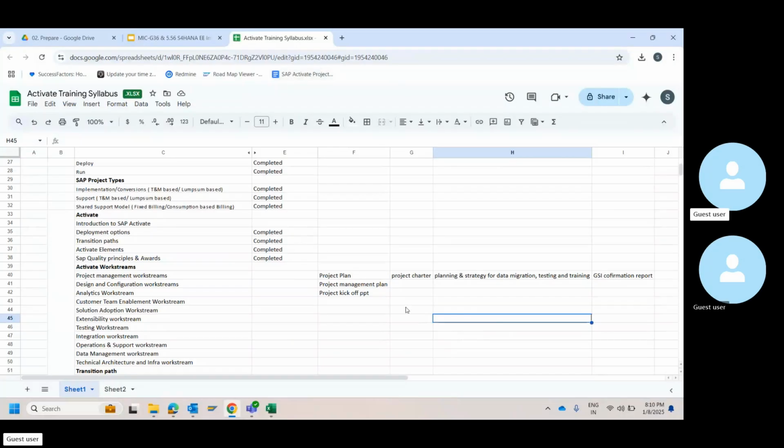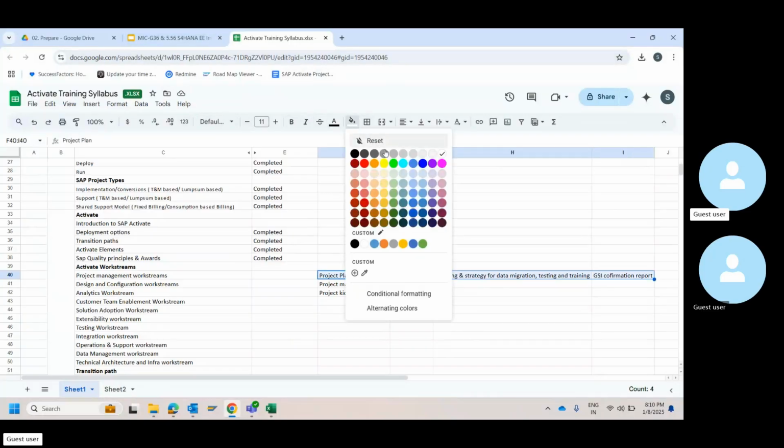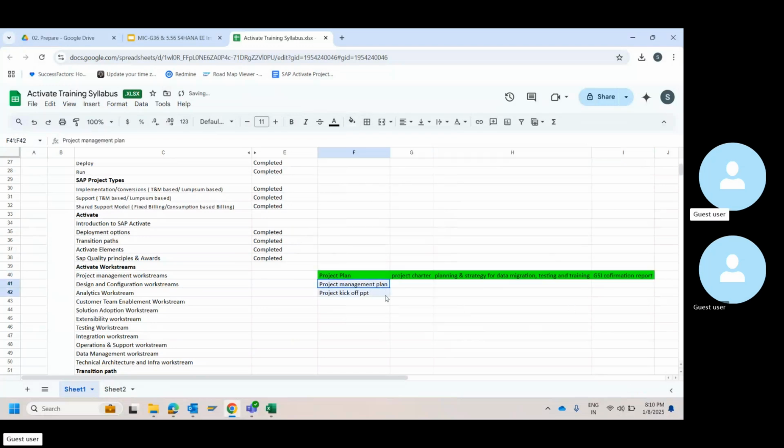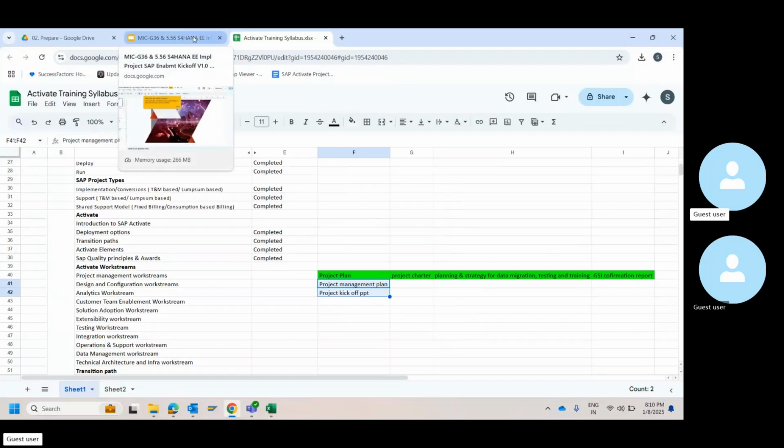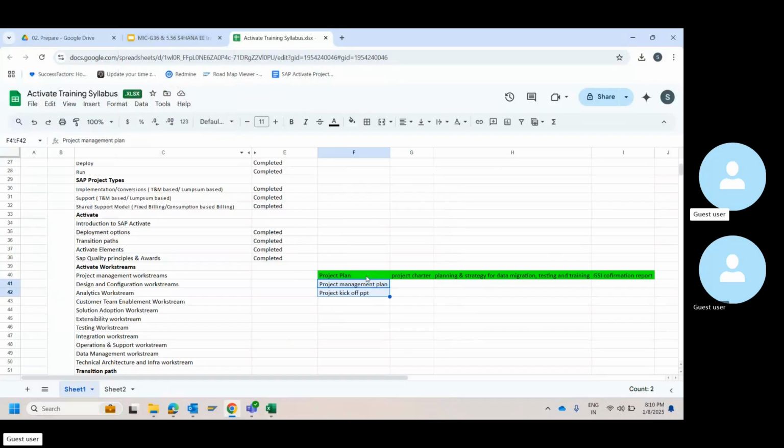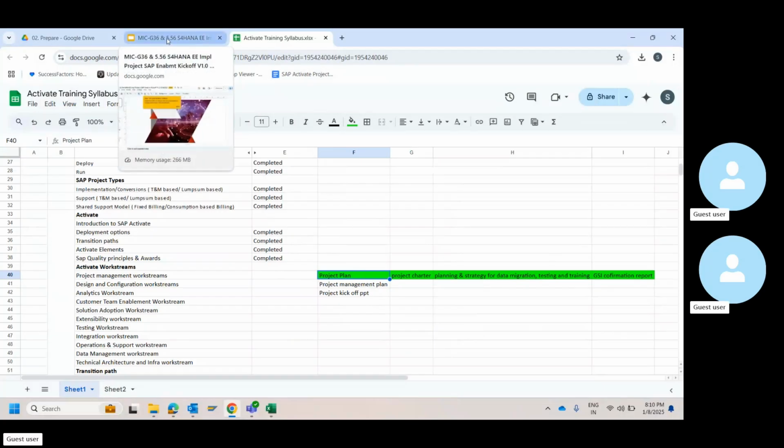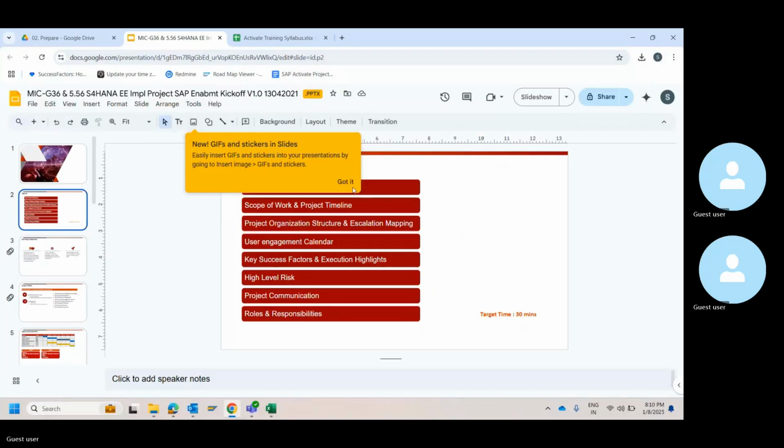All right. So now let me mark these things as green so that I'll remember. So what is left is these two. First thing is, what's the sequence that we spoke about? We prepare the project plan. By this, we can have the schedule ready. And then based on this, we'll start preparing the kickoff PPT using the documents, which is the project plan, and the technical proposal and the contract. All right. This is one such example.